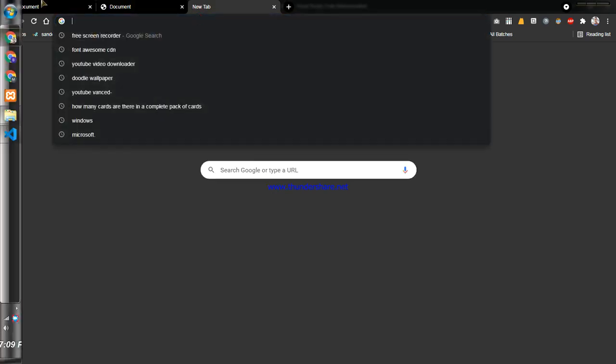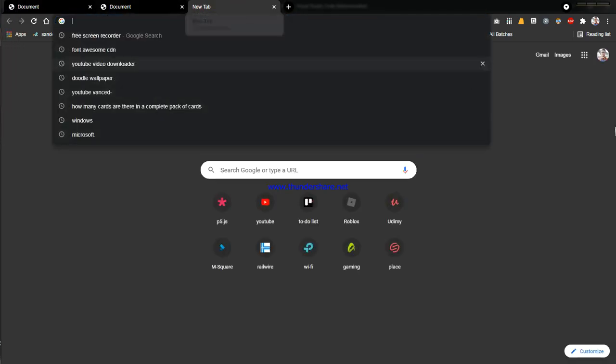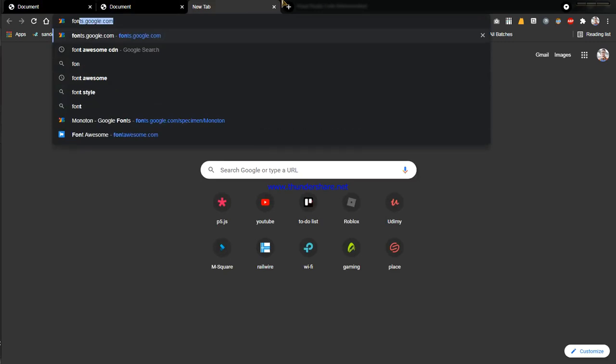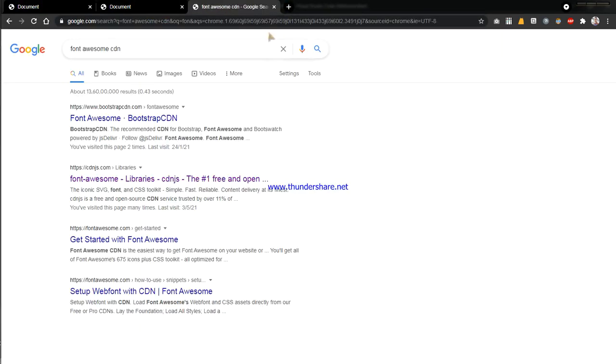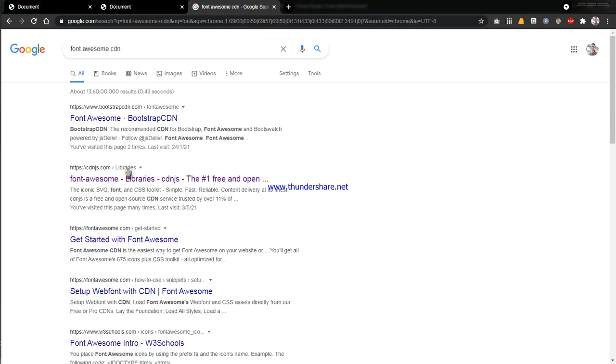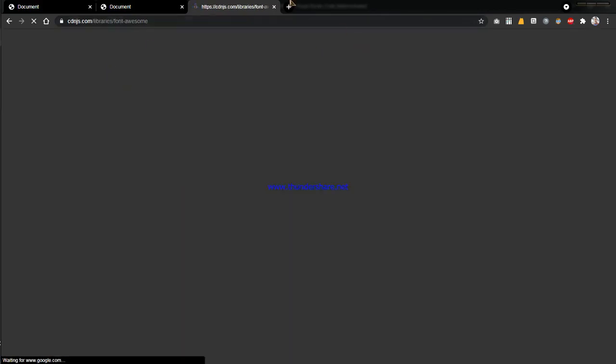And then the text, as we can see, there is a paper plane symbol in here. We can do that with Font Awesome. So we can search Font Awesome CDN on Google. In the link you will see that it is cdnjs.